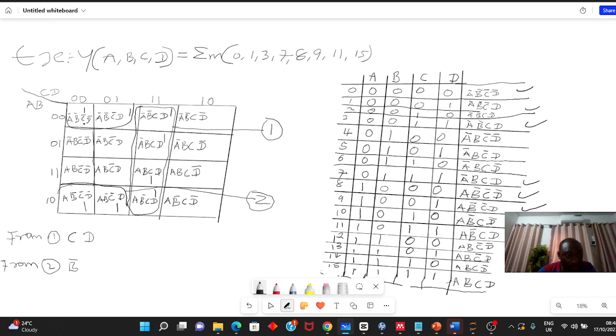So let's look at the next variable, C bar, C bar, C bar, C bar. So we have C bar, right? Let's look at it again. C bar, C bar, C bar, and then C bar. So it remains constant, it didn't change. D, of course, even from the first cell, it changes, right? So our final simplified expression is given as